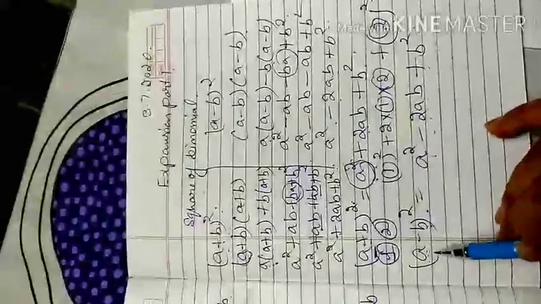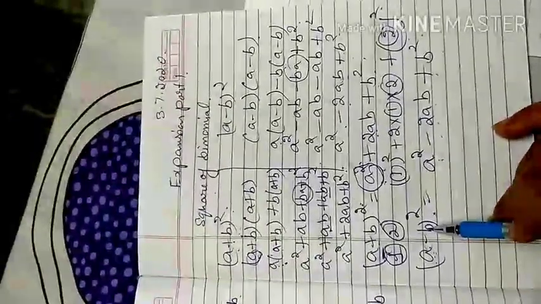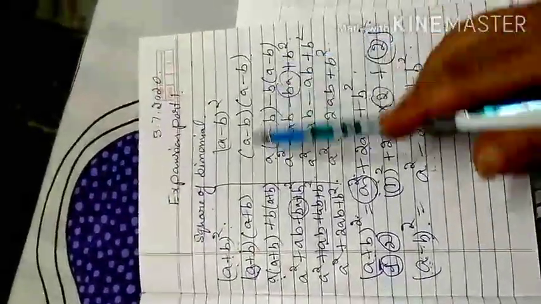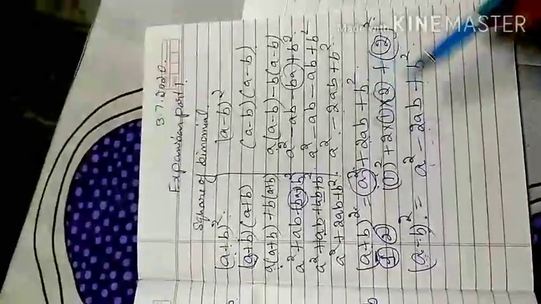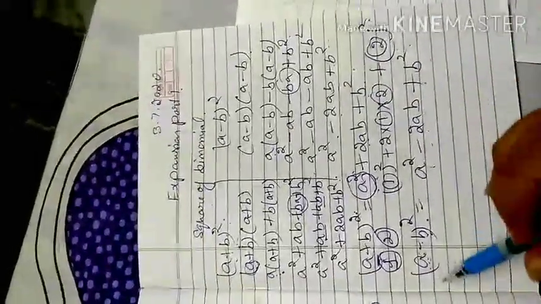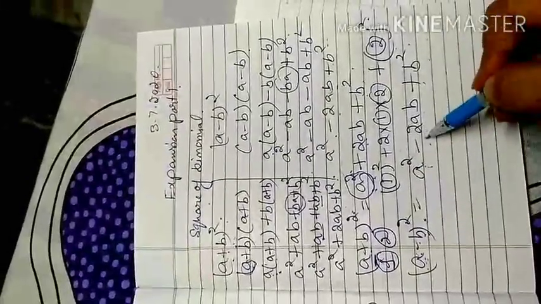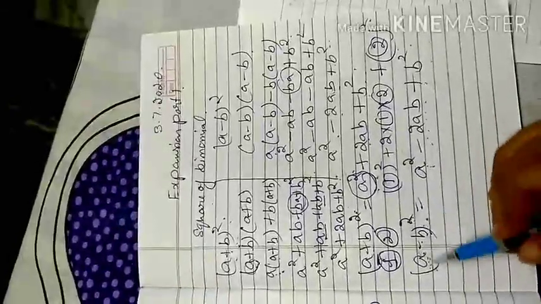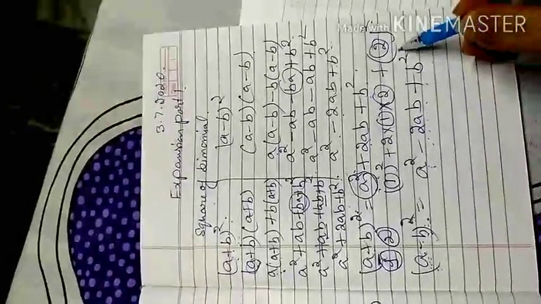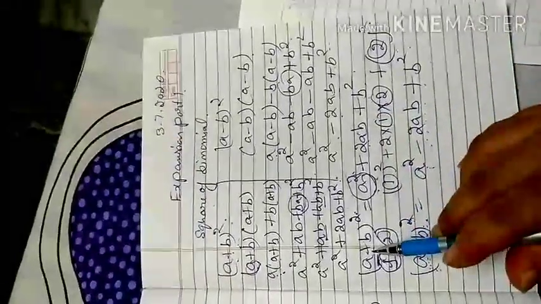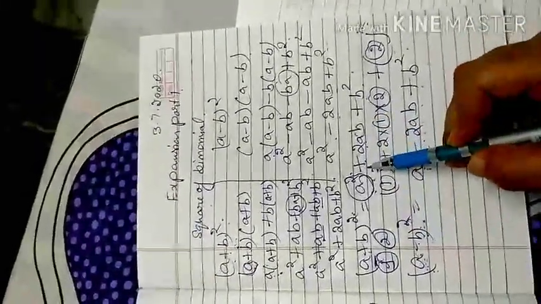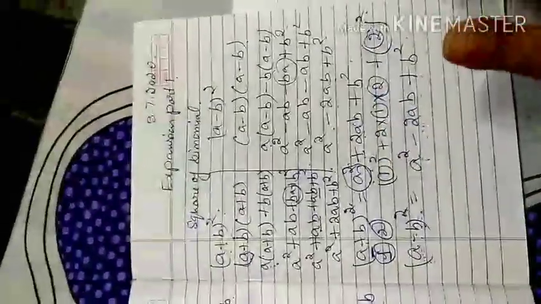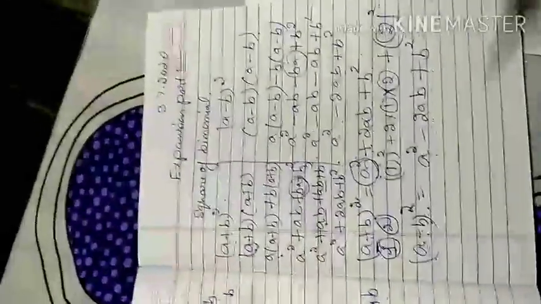So that means when I have two terms, one term here, one term here, a negative sign between them, and a square as the whole power, instead of opening it by the distributive law in a long process, I directly apply my identity formula. That is my second identity: a square minus 2ab, where 2 times the product of the two terms, then plus b square. If there is a plus, the 2ab comes with the plus. If there is a negative sign, the 2ab comes with the negative sign. Otherwise my formula is the same; only there is a condition of positive and negative.